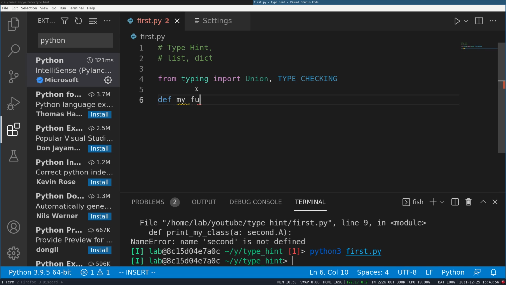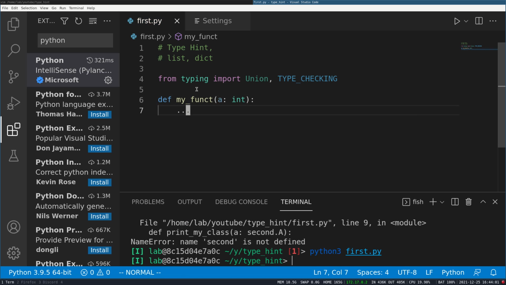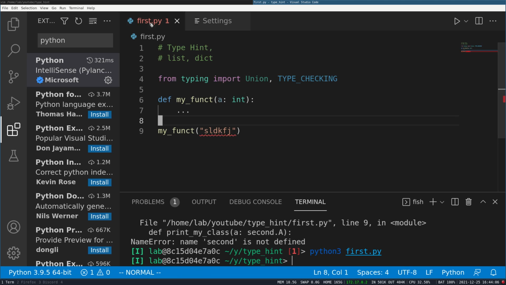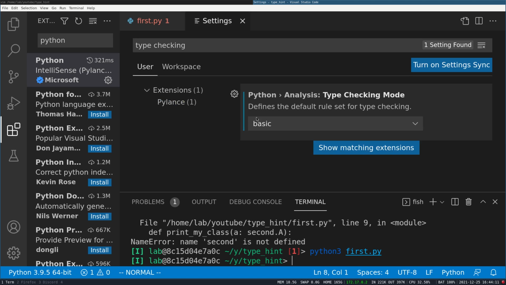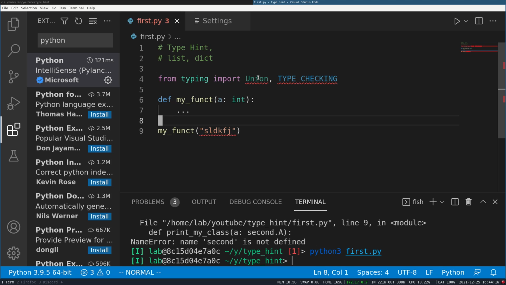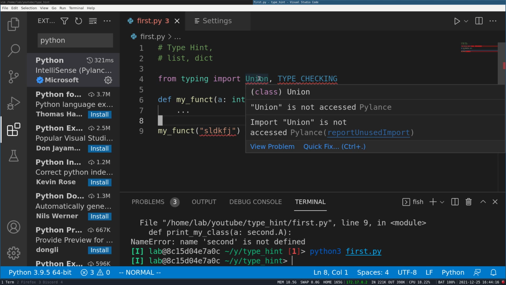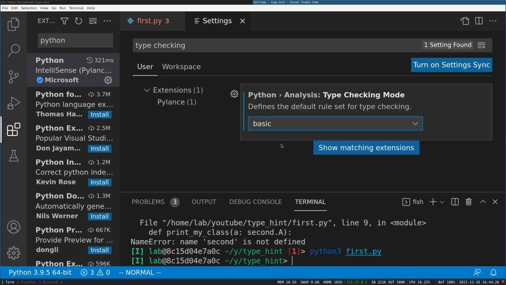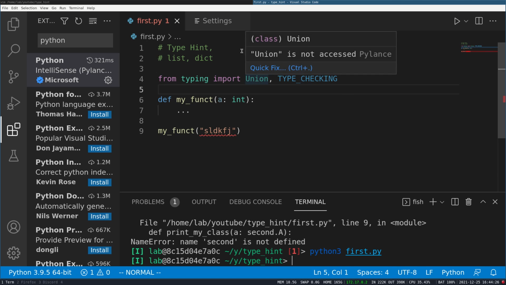So if I do my function and a is an integer, let's say, and if I pass a string to it, it doesn't show me the error because type checking is off. If I turn it to basic, then it will show me the error. And then there is the strict version, which will force you to type check everything, and show errors like union is not used. I think strict is a little bit verbose, but you can decide based on your use case. So I prefer basic.